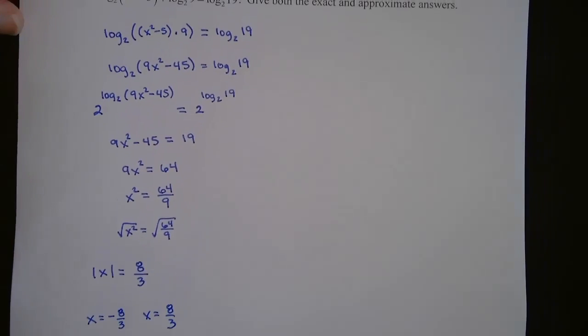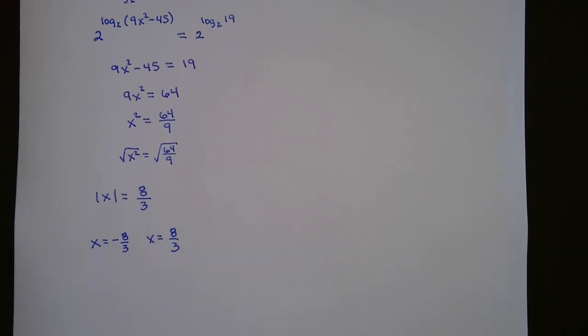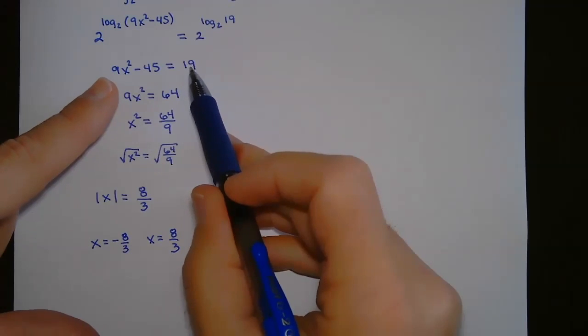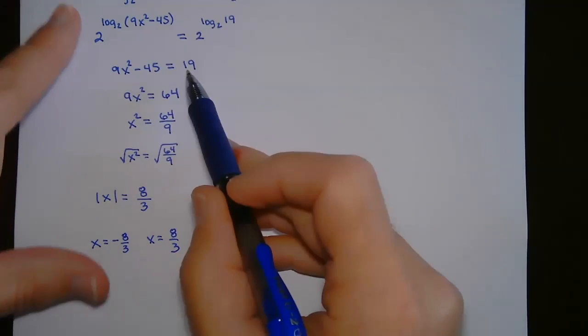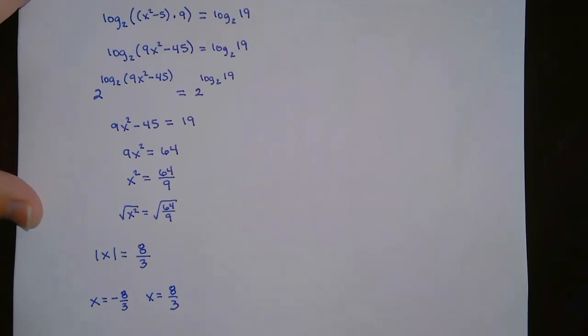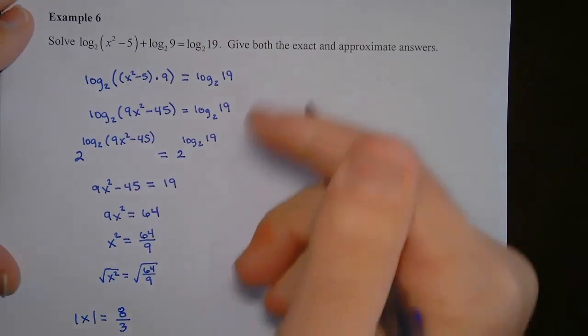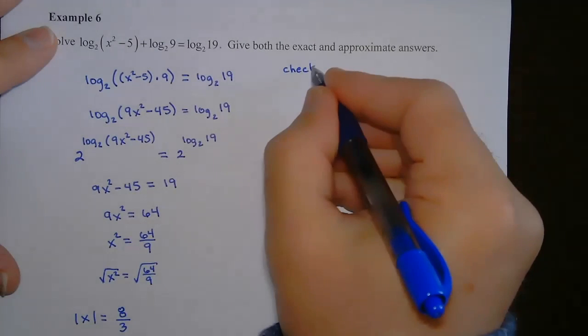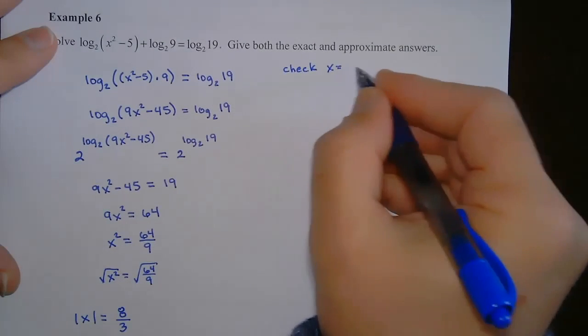All right, so I'm gonna go back up and then we gotta check both of these, okay? These two solve this quadratic equation right here, but do they solve the original problem? So we got to check and make sure they do. All right, so I'm back up here. We're going to check x is equal to negative